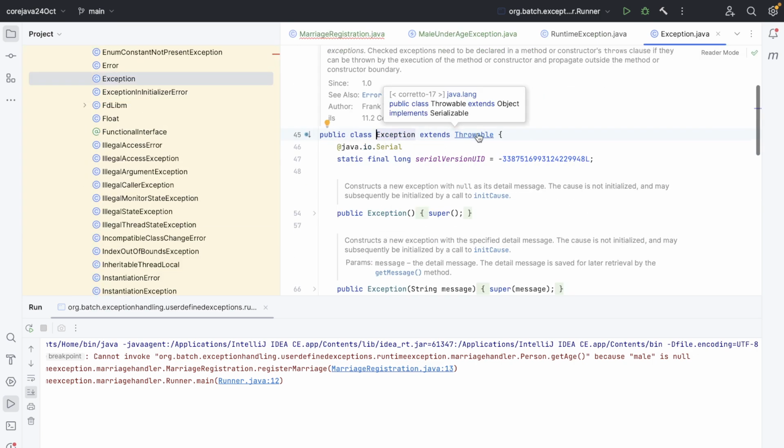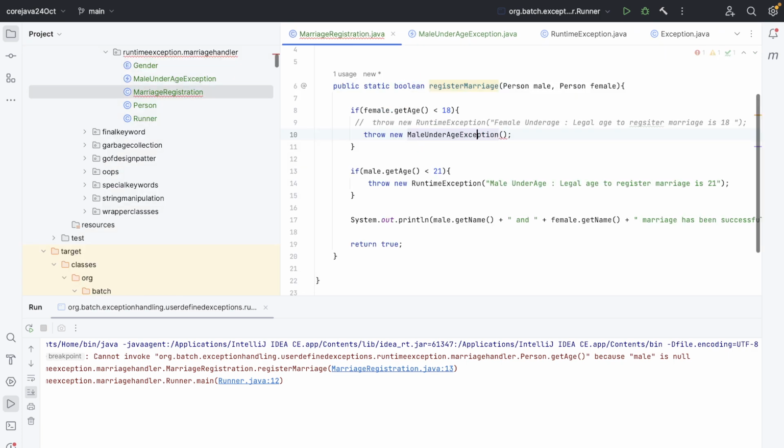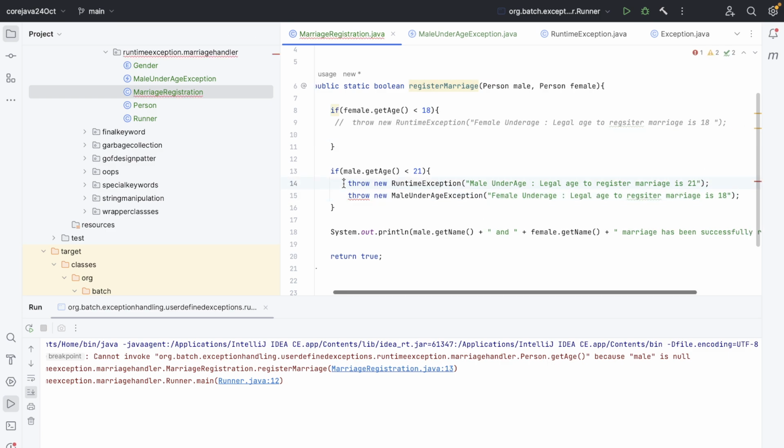Exception is a child of Throwable, right? So it's indirectly a Throwable now. So I can use throw with the MaleUnderageException, right? Okay, I'm using FemaleUnderageException. Cool. So I can simply put it over here, because it's a male exception. I'll comment this out